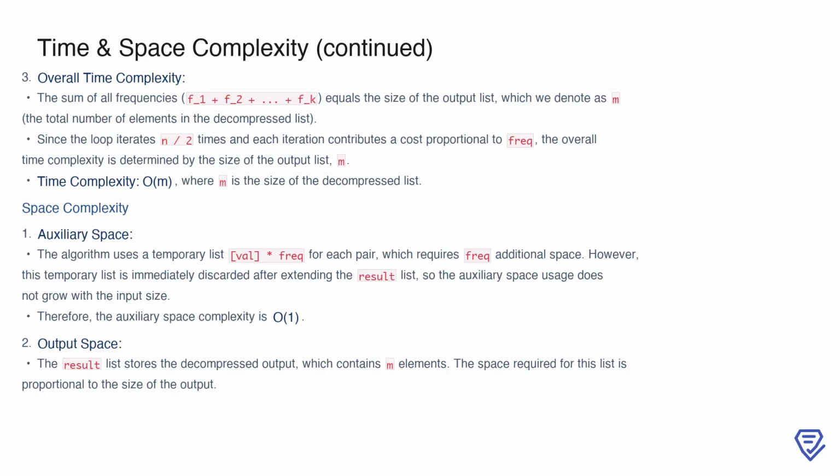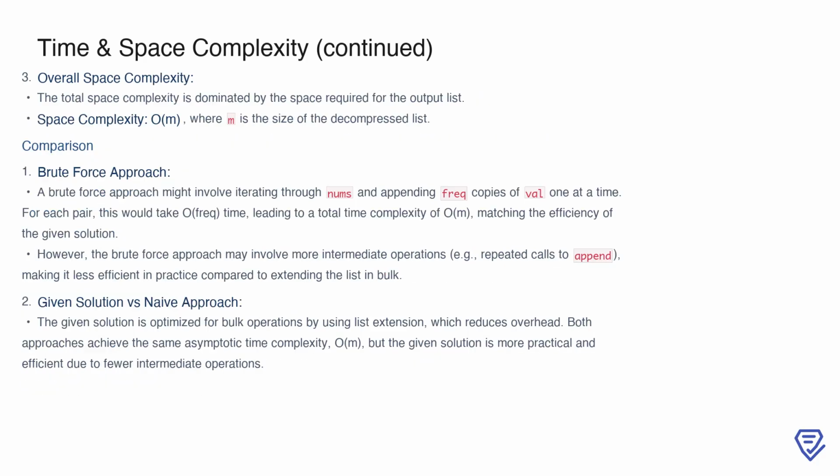For space complexity, let's first consider the auxiliary space. The algorithm creates a temporary list, val * frequency, for each pair, which requires frequency space. However, since this temporary list is discarded immediately after it is used to extend the result list, the auxiliary space usage does not grow with the input size, making it O(1). The output space, on the other hand, is proportional to the size of the decompressed list, M, as the result list stores all M elements. Combining the auxiliary space and the space required for the output, the overall space complexity is dominated by the size of the result list. Therefore, the total space complexity is O(M), where M is the size of the decompressed